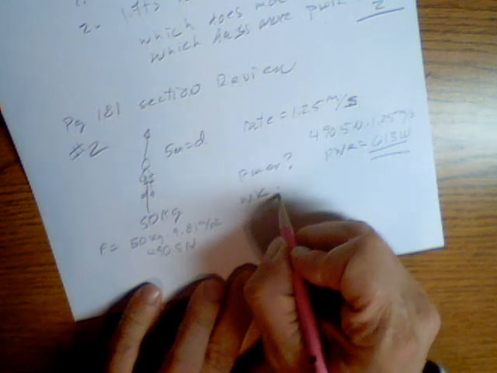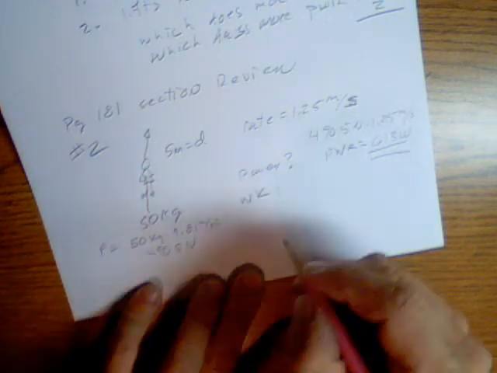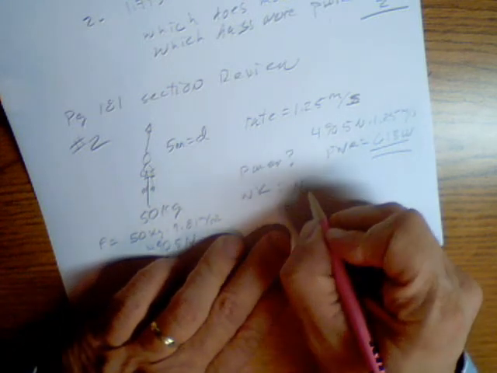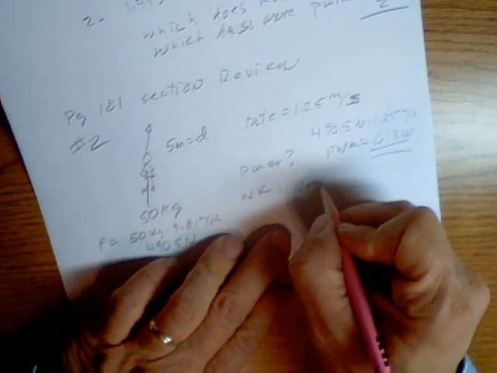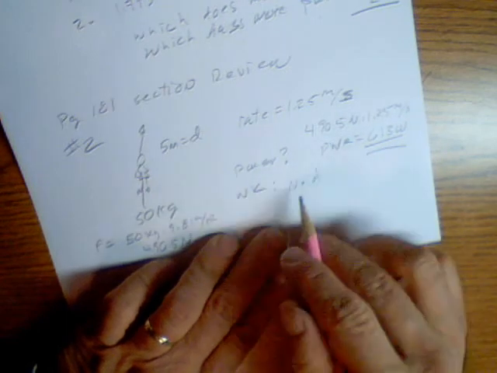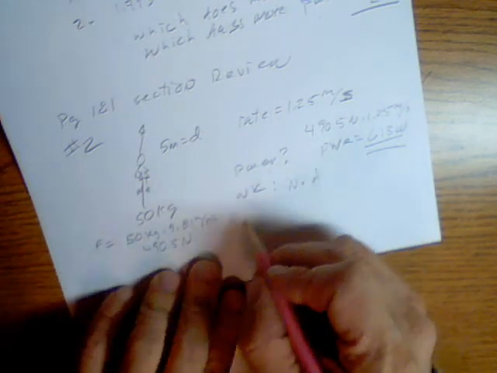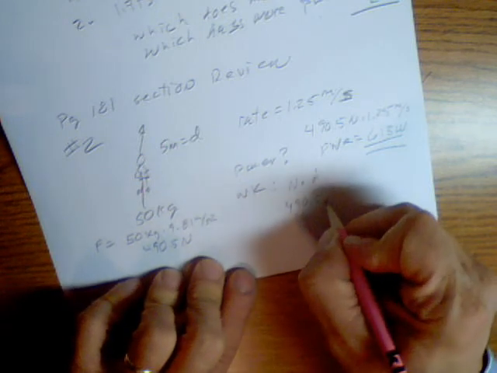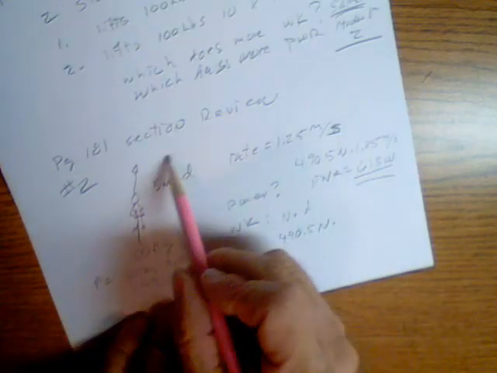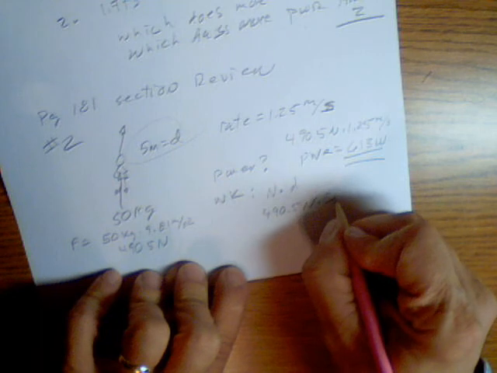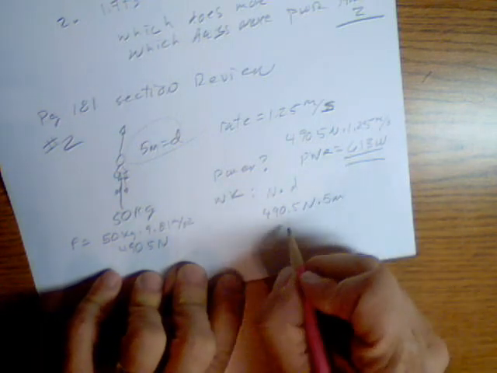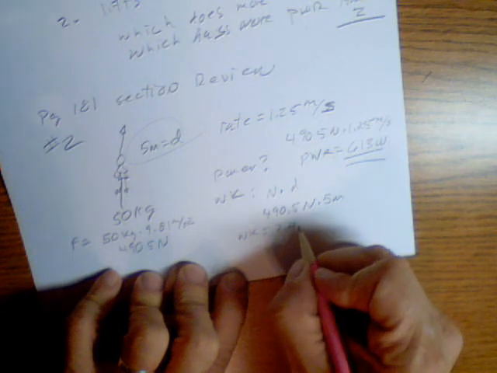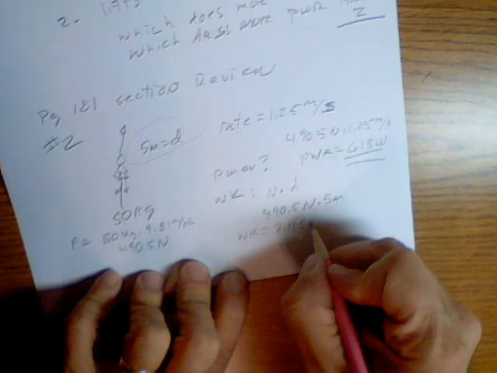Work is just newtons times the distance. So force times distance is work. We have our force already, 490 newtons, and we know our distance is 5 meters. So if we multiply that, work equals 2.45 times 10 to the third